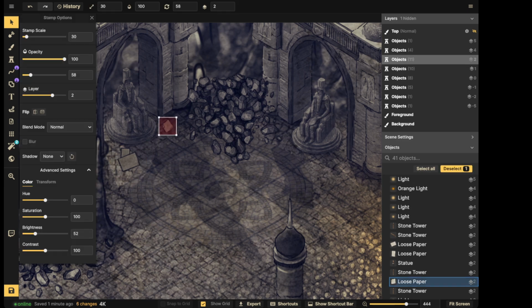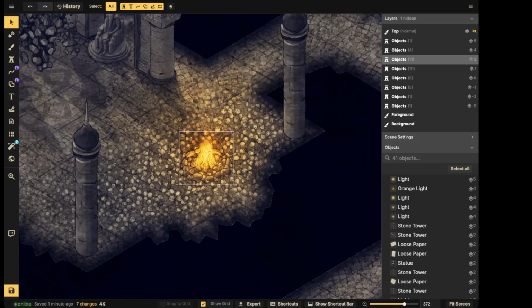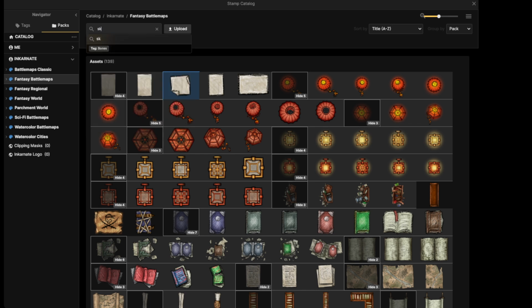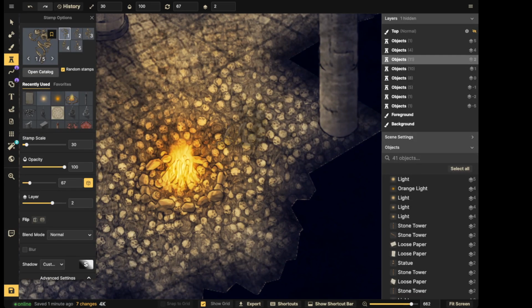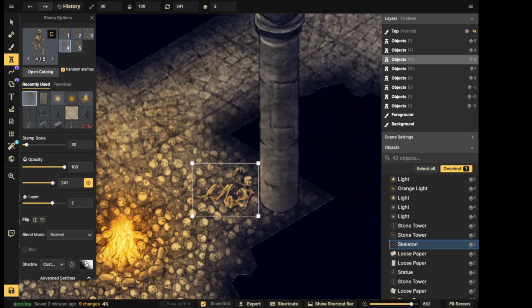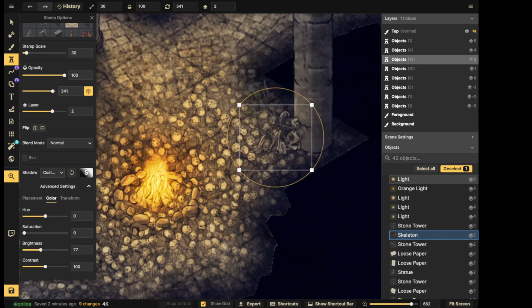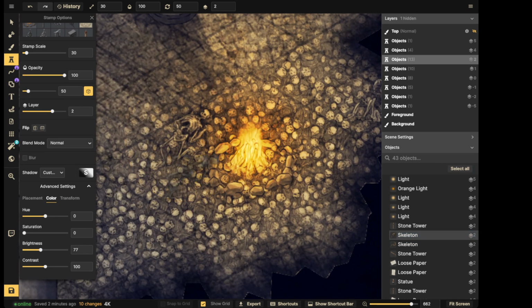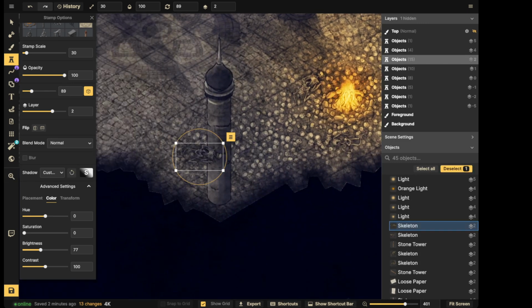So you have these notes right here that are going to tell us a little bit about how to solve that puzzle. And then other things that we can do is, because we have all these skulls, what we don't have is some bones. So we can type in skell or skeleton, and then we can put in some of these skeleton pieces in here, and then we can use the skulls to help reference scale. And so I'll go ahead and put maybe one leaning up against the pillar right here. I can desaturate it, bring the brightness down a little bit. There we go. And then we can add another one, maybe make a ring of dead corpses that go around it. And then maybe we'll add another one right here, but I want to make sure that it's